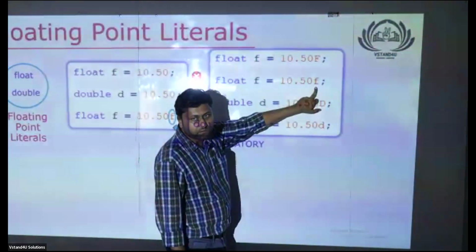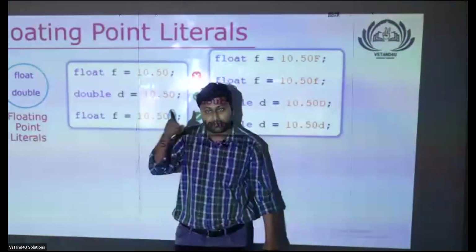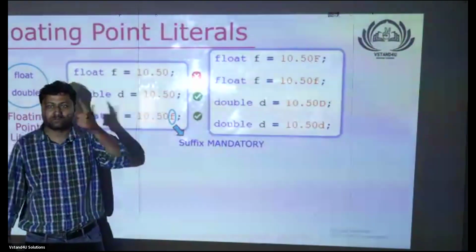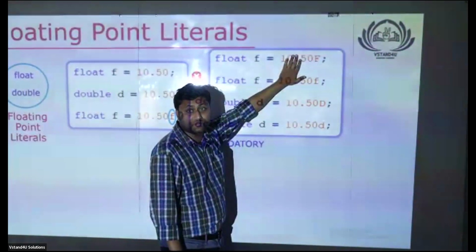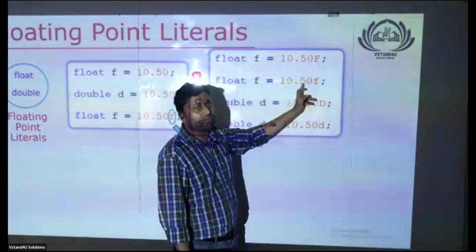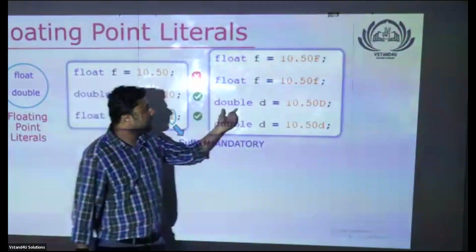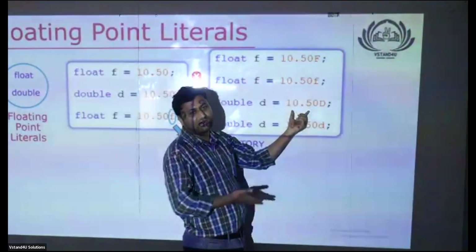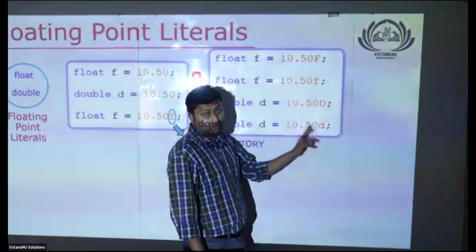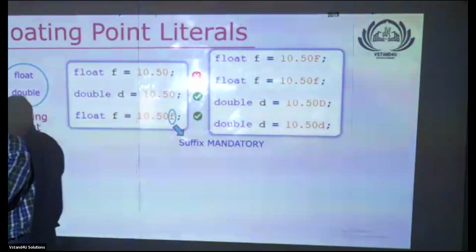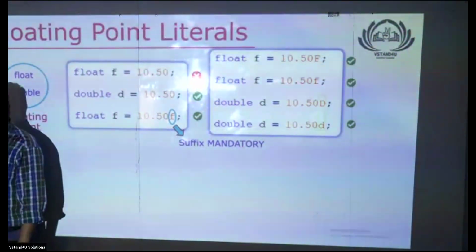Uppercase or lowercase f is allowed. Although Java is case sensitive, for the suffix or the prefix 0x, hope you remember, uppercase and lowercase are both allowed for hexadecimal. For values, the suffix can be uppercase or lowercase, and the prefix 0x can be capital X or lowercase x. Everything is allowed. Suffix D for double is allowed too; anyway it is a double, the compiler already knows, but it is allowed. What is not allowed? Suffix B for byte and S for short. Rest everything is allowed, so all of them will work.